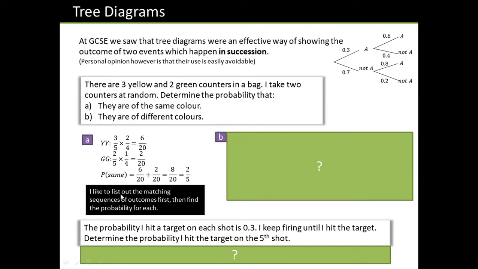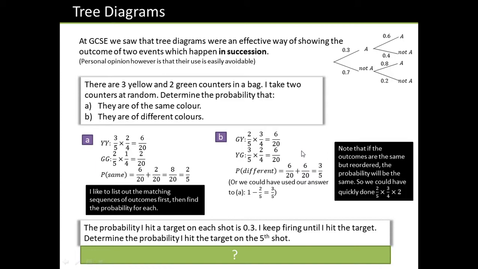So as Dr. Frost said, he likes to list out the matching sequences of outcomes first, then find the probability for each. So he hasn't actually used a tree diagram at all. Same goes for part B. So if you have a look at that and then query it with your teacher if you're not sure. And the last question, if you haven't tried it, then please pause now. And the answer is